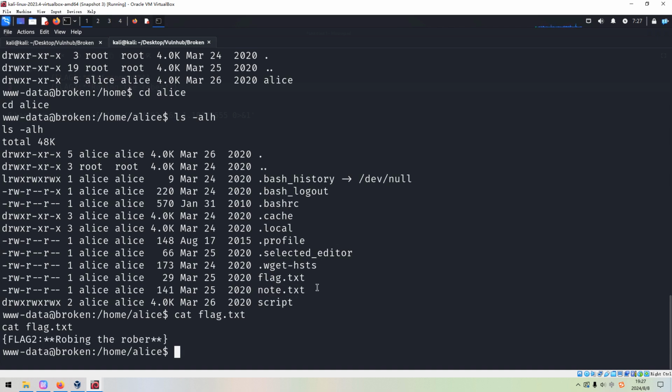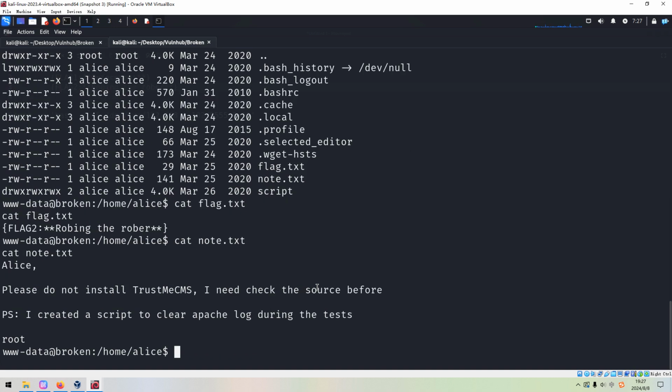And also we can get the note. Of course, we need to look into this file. Here, Alice. I think this message is left by the root user to Alice. Please do not install this CMS. Trust me, I need to check the source before.